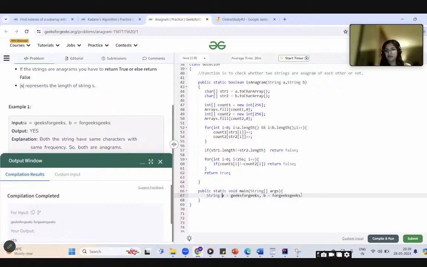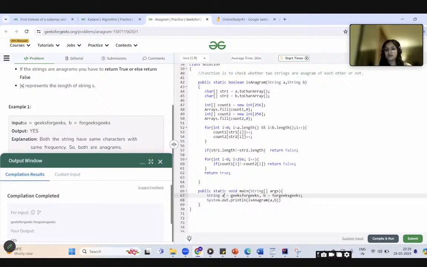Specify the data type, String A, comma, String B. And then just call this method which you have written. So isAnagram, you need to print this method because we are returning a value here, so that value will be printed. isAnagram, and pass these two strings.